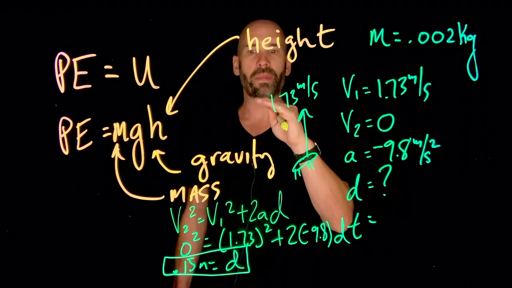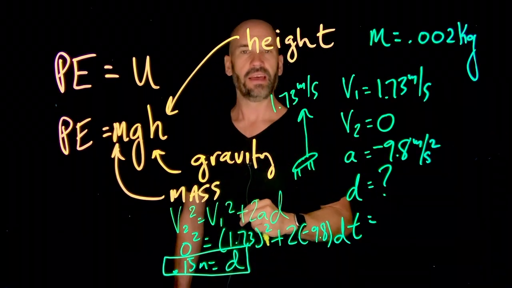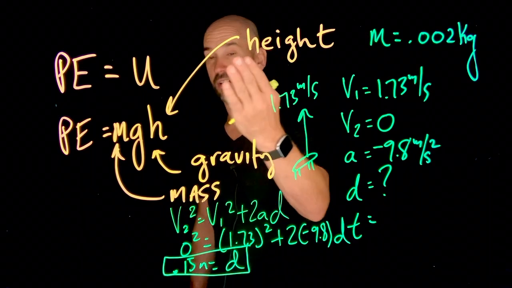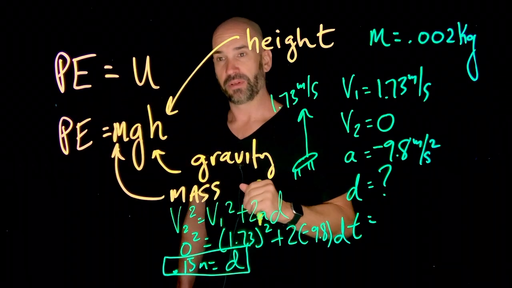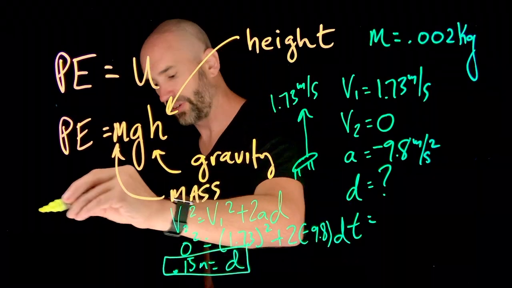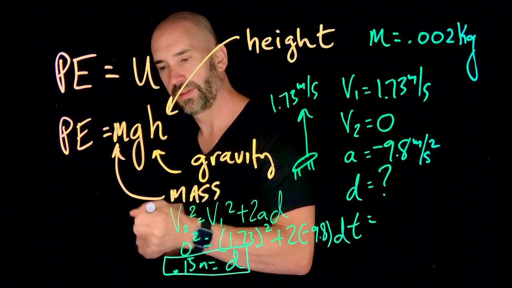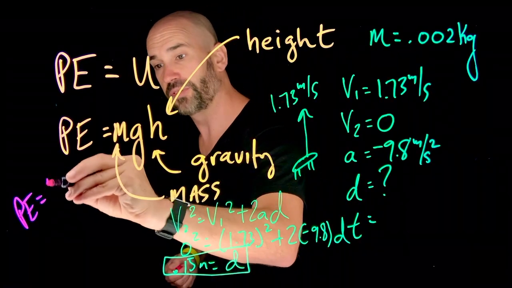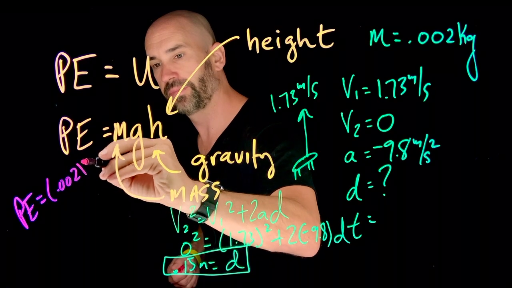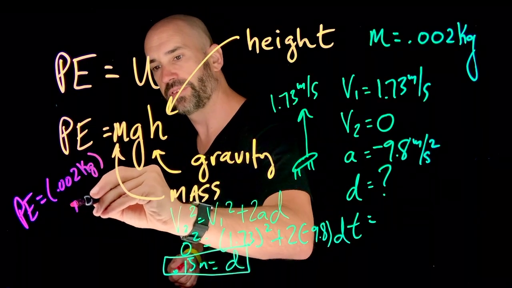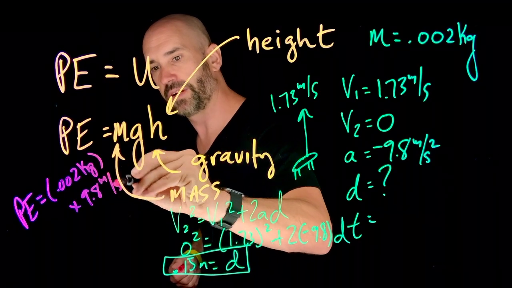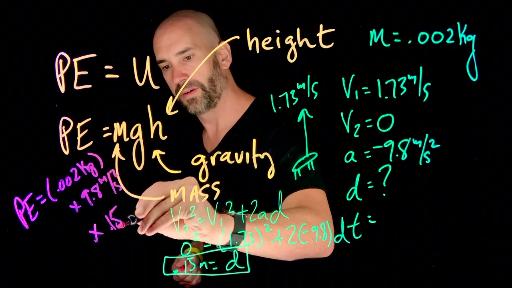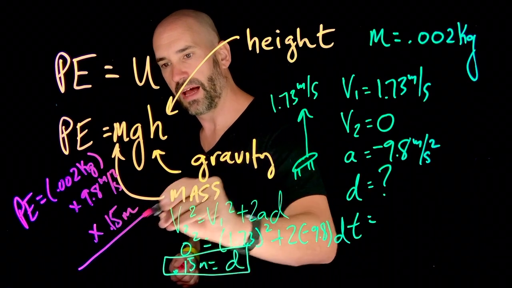Now, the question is, what potential energy does he have at that height? Okay, and nothing too big of a surprise here. This is simply a plug and chug into our fabulous little potential energy equation here. We know that potential energy is mgh. Okay, we know that the mass of this guy is very small, 0.002 kilograms, right? Times gravity, 9.8 meters per second squared, times the height that we get to, which is 0.15 meters. Okay, and I multiply all those guys together.